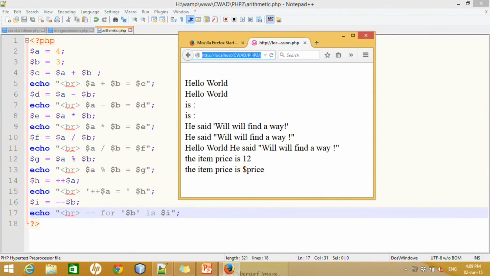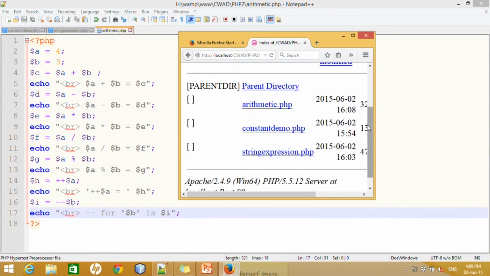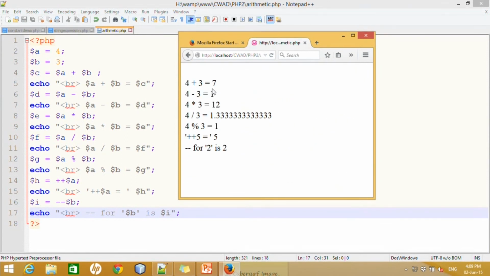So, I open it by going to the PHP2 folder. In this folder, I will select arithmetic.php. So, look, it will show 4 plus 3 is 7, 4 minus 3 is 1, 4 into 3 is 12, 4 divided by 3 is 1.333, 4 modular division 3 is assigned to 1. Here, as I use double quote operators, so it will take